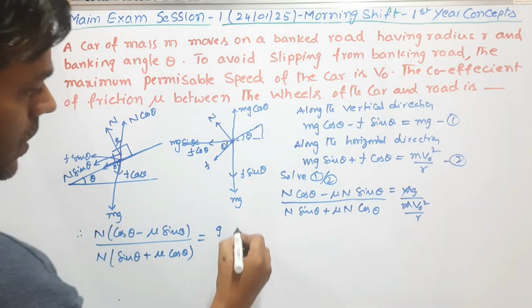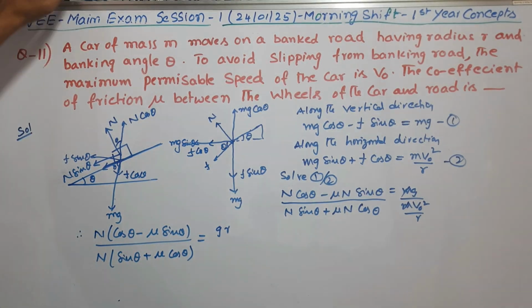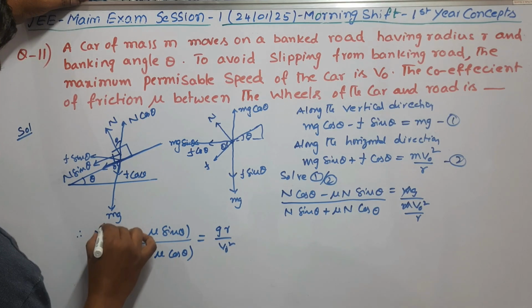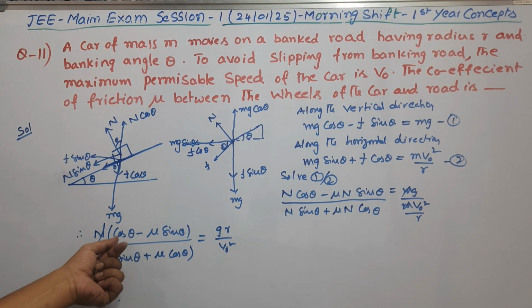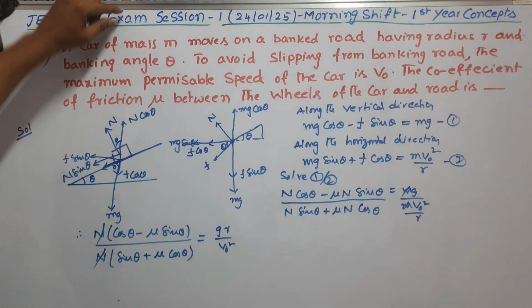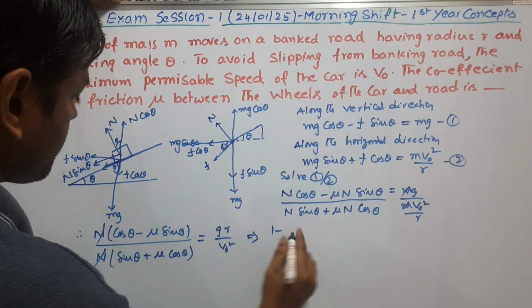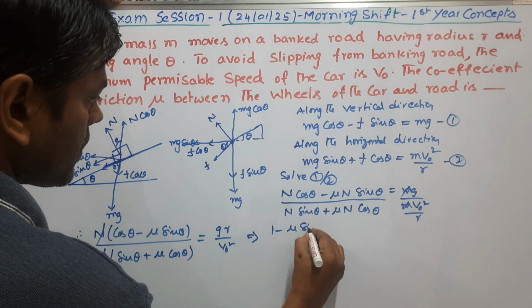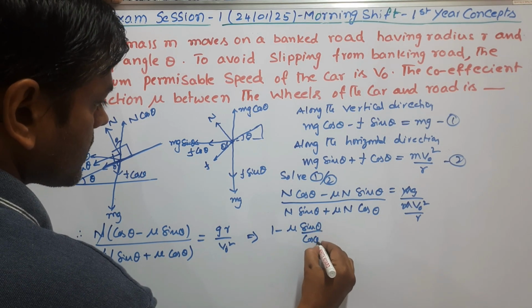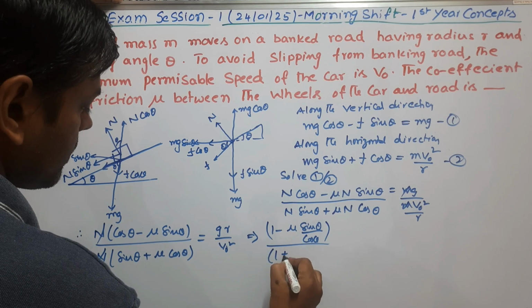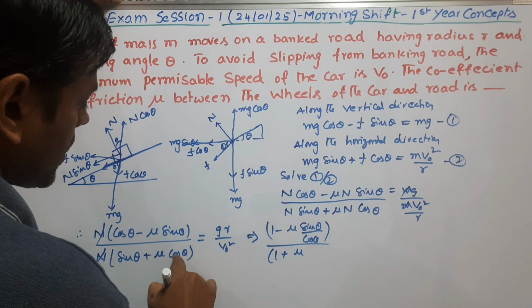G into R by V naught square. This N is also cancelled. So now what I can say, this sine is brought into this side, that implies 1 minus mu into sin theta by cos theta. Similarly 1 plus mu into cos by